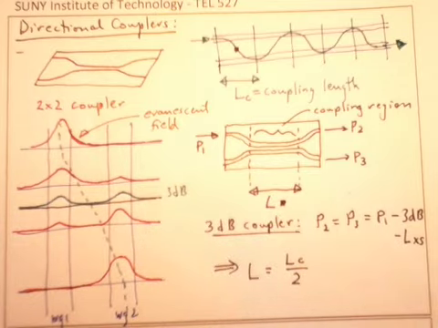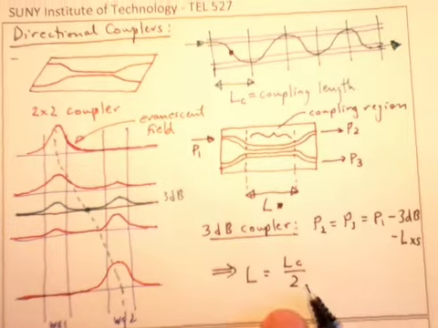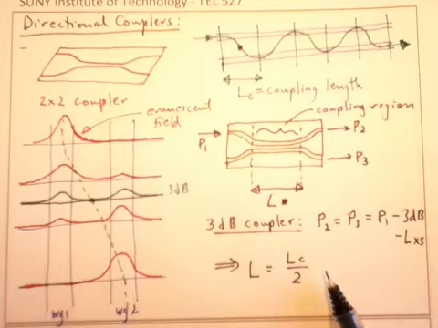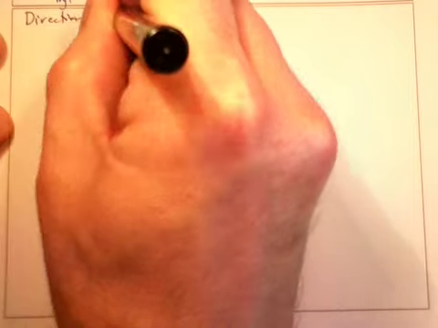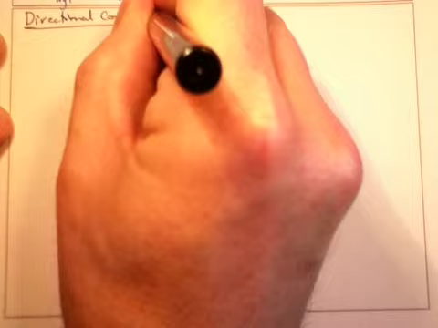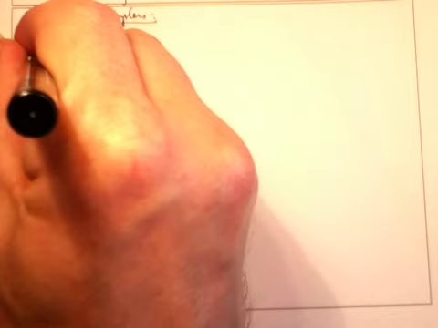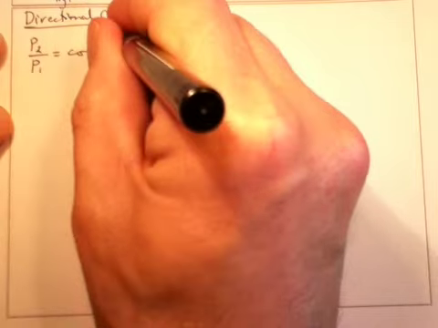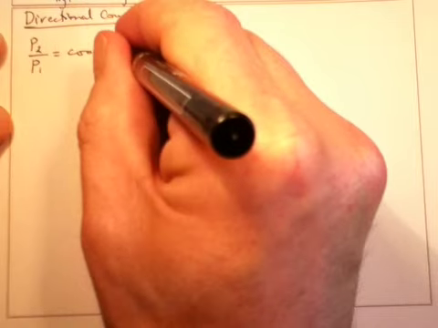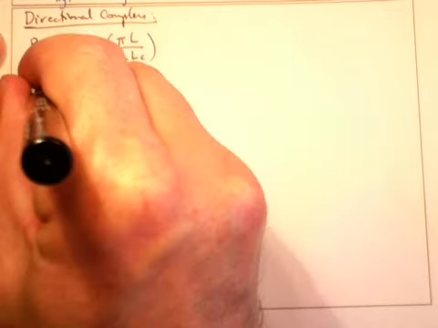At half the coupling length. Okay, so this is what we're going to do to make a 3 dB coupler. And it turns out the mathematics of this is all fairly straightforward. The equations for the powers at the outputs are as follows. P2 over P1 is the cosine squared of pi L over 2LC,